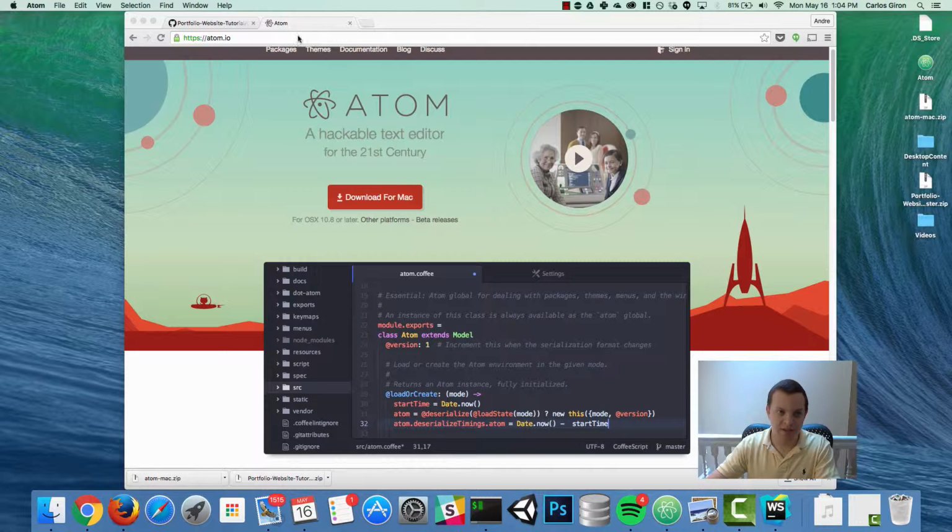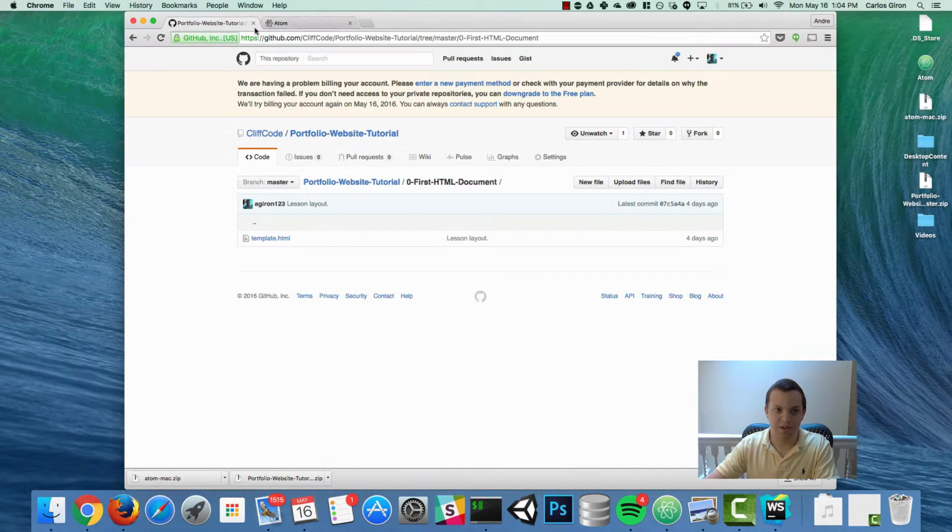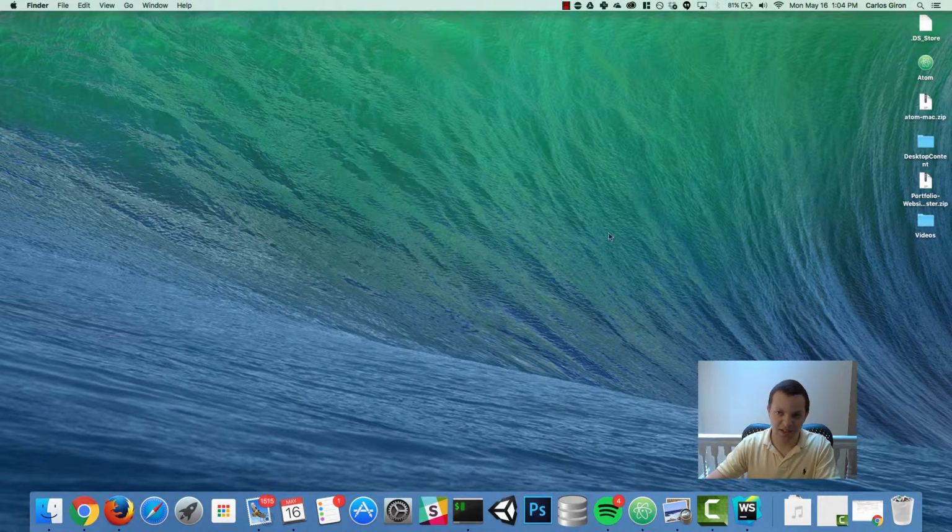Now that we have Atom installed, we're going to go through the process of creating our very first HTML document. I want you to do the following. Go to your desktop or anywhere on your computer where you want to save the file, right click, create a new folder, and call it Hello World. As you can see, I have a folder on my desktop called Hello World. I'm going to now open up Atom,